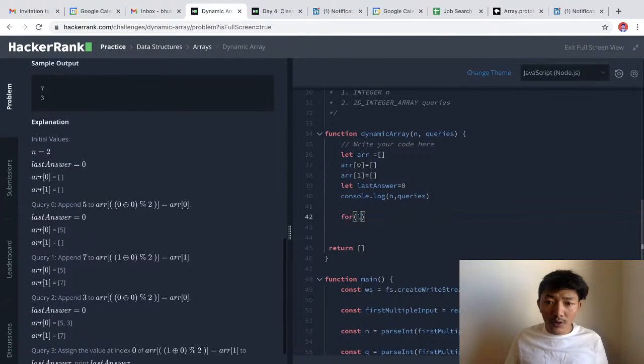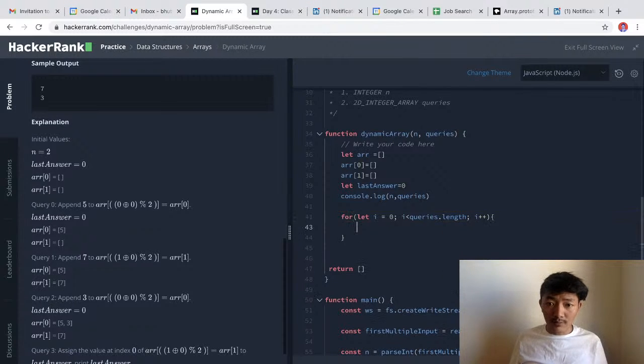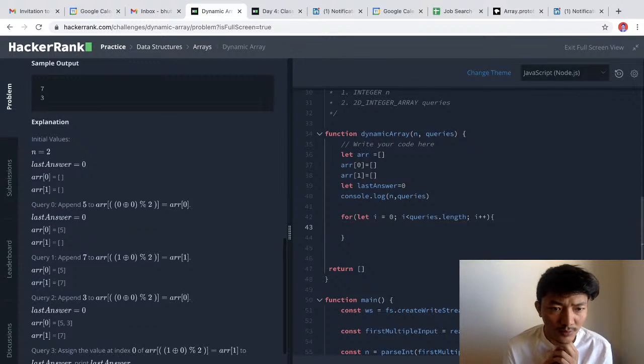So for i equals 0, i is less than queries dot length, i plus plus, and boom. So what we need to do was we need to get